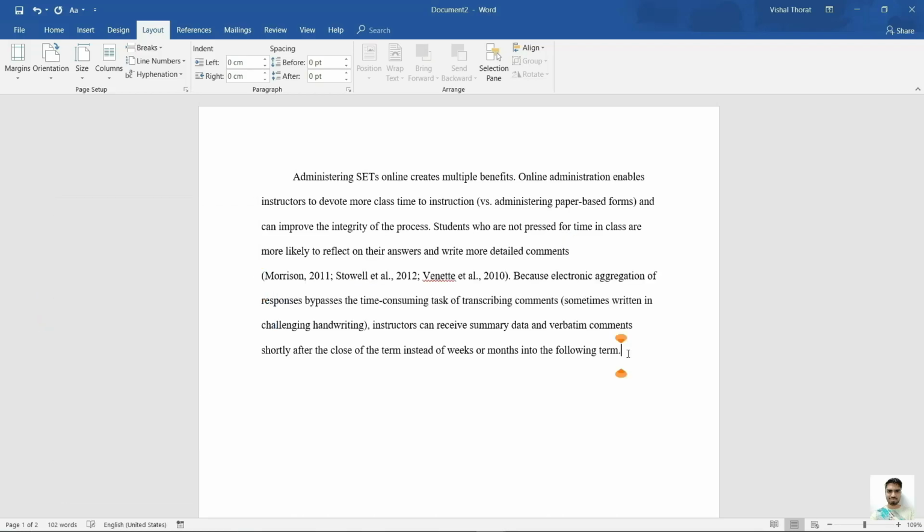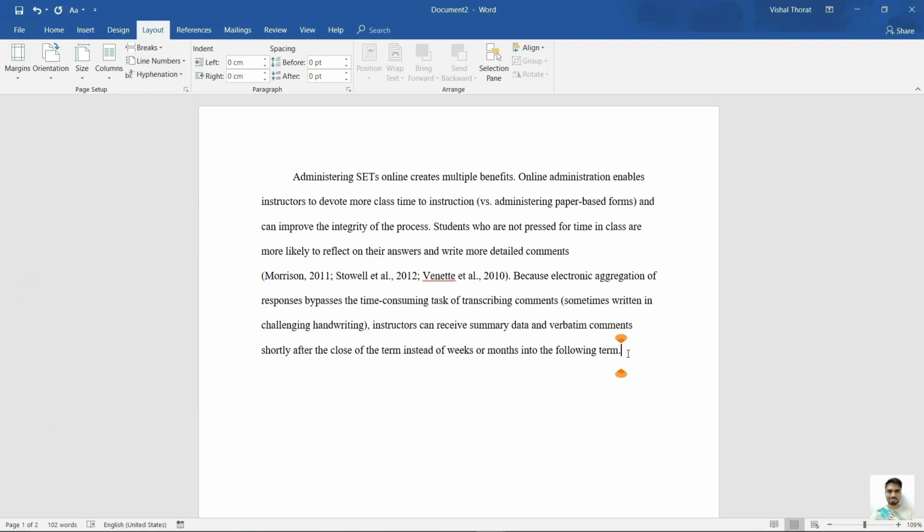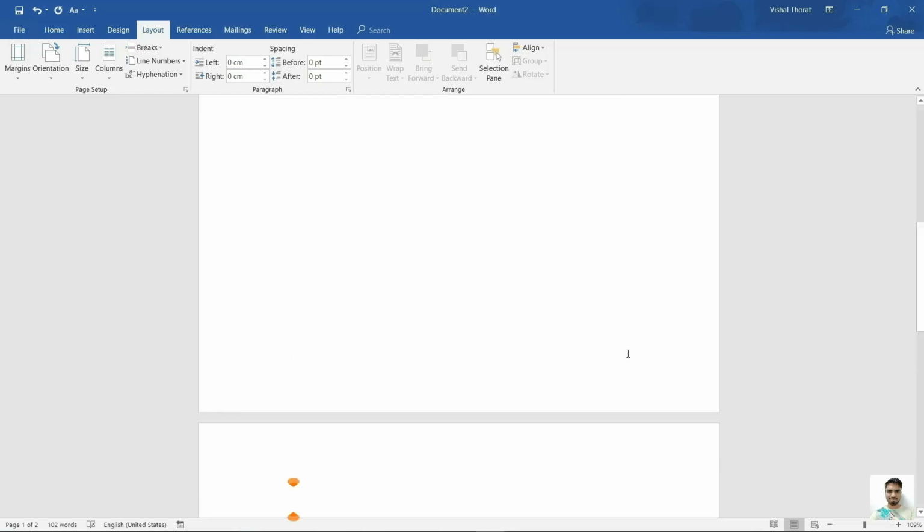The second shortcut in this set is the page break shortcut. Use Ctrl plus Enter to insert a page break. Let's say I type this paragraph and I want to type the next paragraph on a new page. Generally people keep pressing enter till they reach the next page. But this is not an appropriate way to do it. Simply move your cursor to the end of the last line and press Ctrl plus Enter, and you will directly move to the first line of the next page.